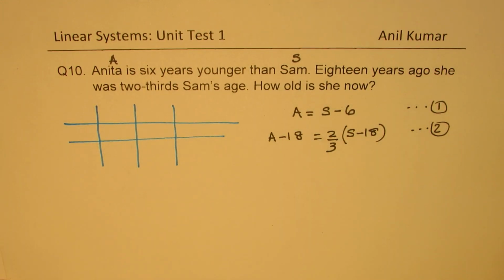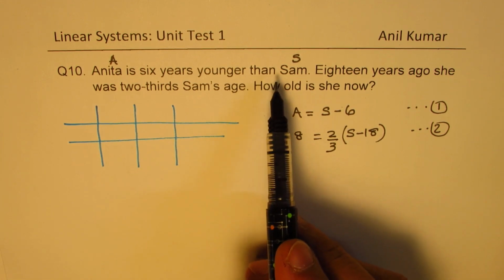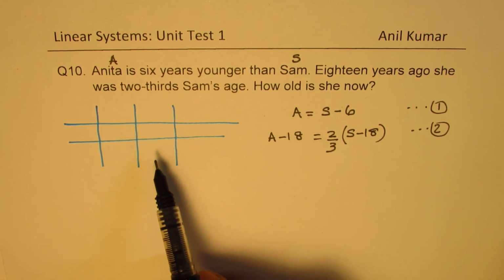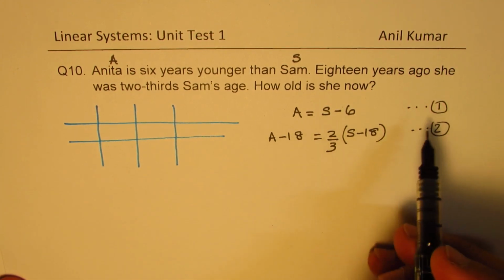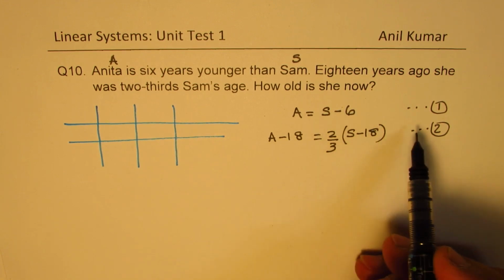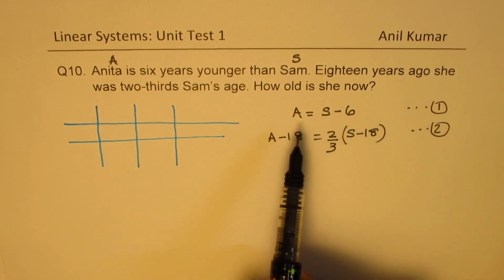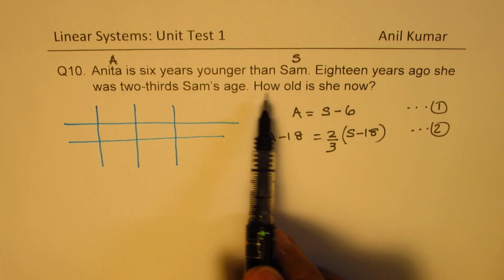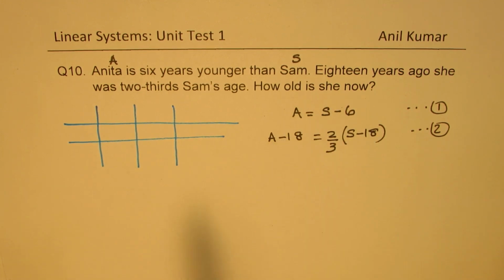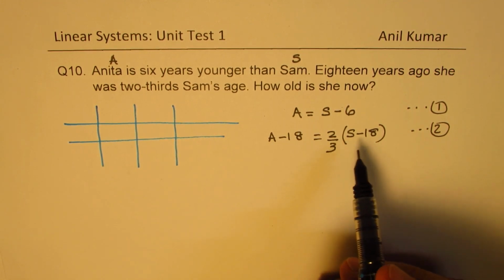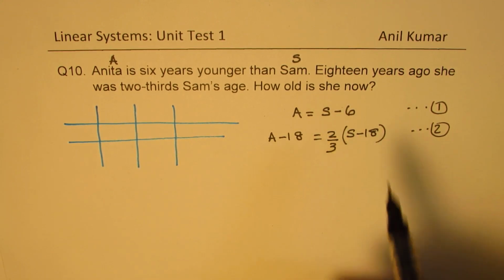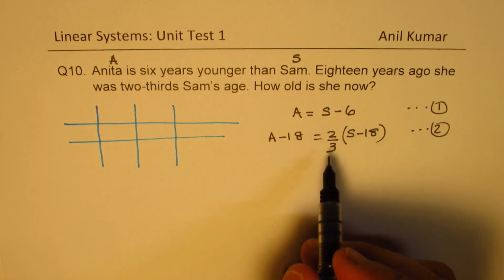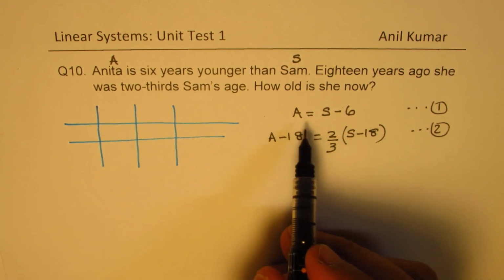I kind of avoided making a table here, but you can look into some of my videos on age where we have solved using the table. Similar method to what we use for distance, speed, and time. Now, we can actually do substitution in this case and then solve, right? So A is S minus 6. How old is she now? We need to find what A is, okay? So what we will do here is, we can work out Sam first, but another alternative will be